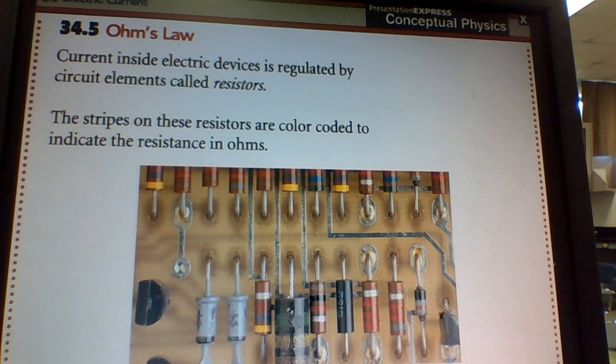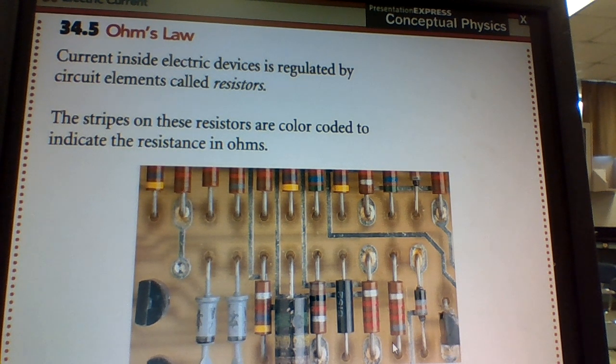Now, you may have run across resistors before, maybe not realizing what you were looking at, but these resistors we can see here all have different color patterns on them. Each one of these color patterns, you can go to a book. I would never be able to tell you what these were without going to the book. This one is a silver, red, red, red. Well, a silver, red, red, red, for instance, might be a 10 ohm resistance,